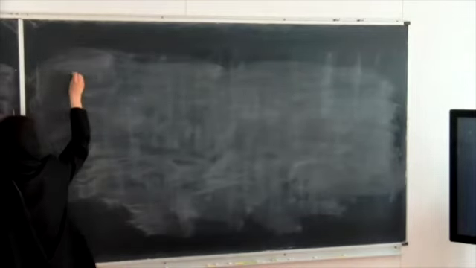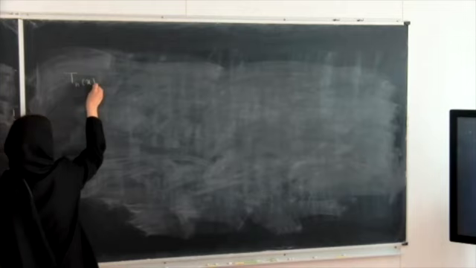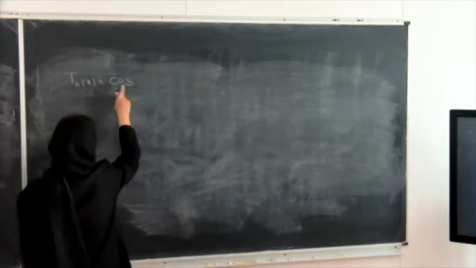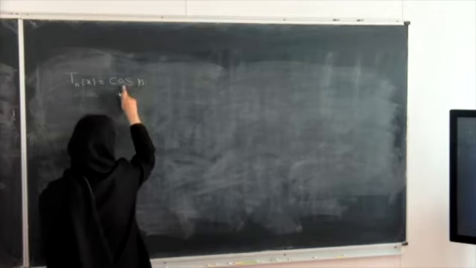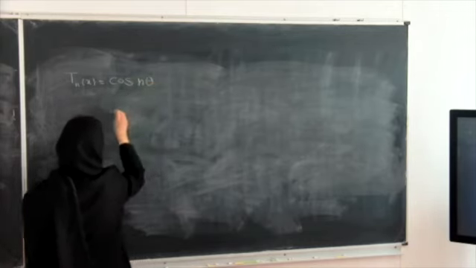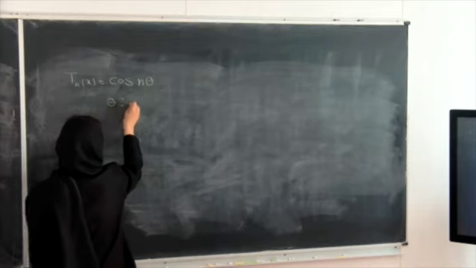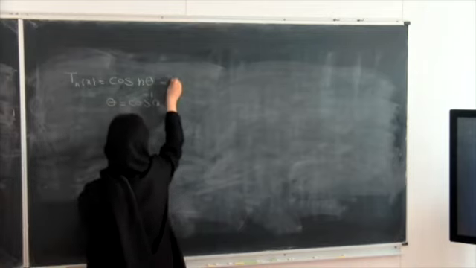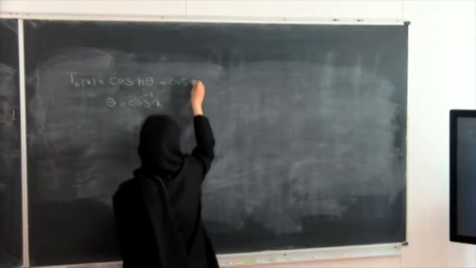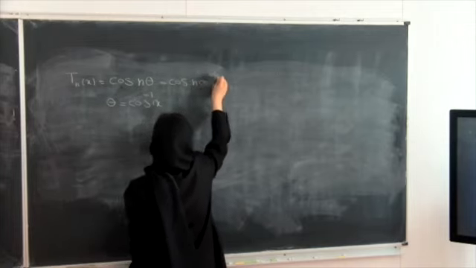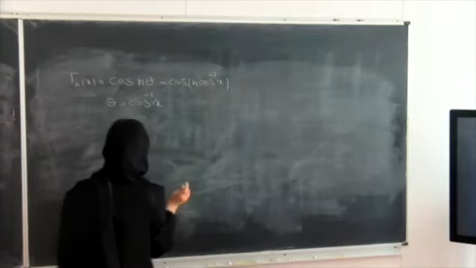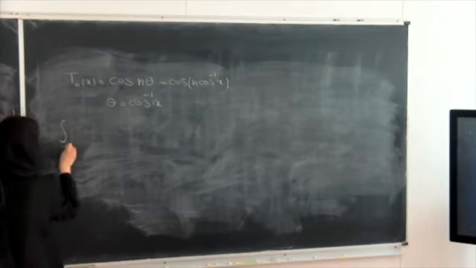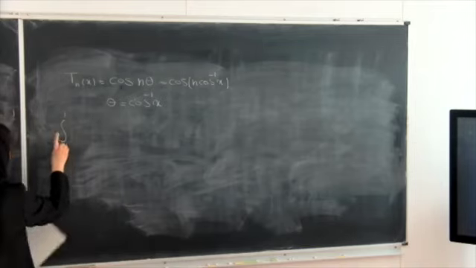We know that the Chebyshev polynomial can be obtained from this cosine of n theta. Here, theta is cosine inverse of x. So we can write it as cosine n cosine inverse of x. Now, we want to find this integral from -1 to 1